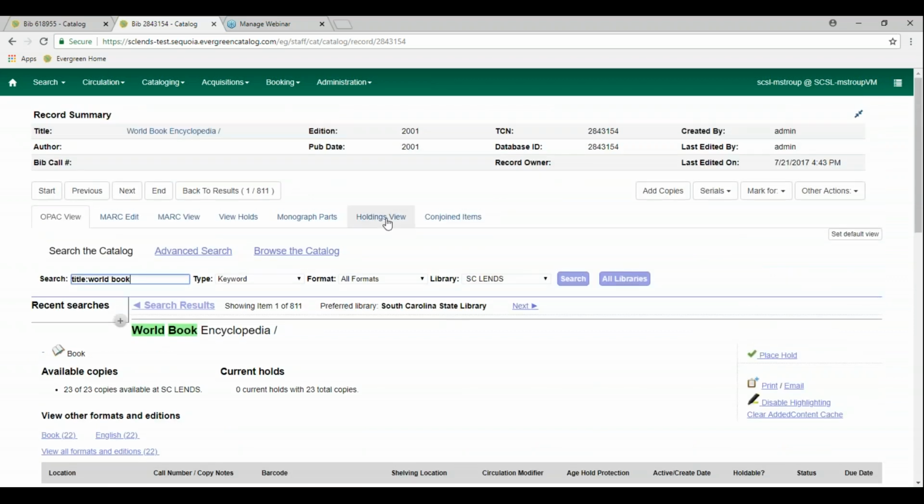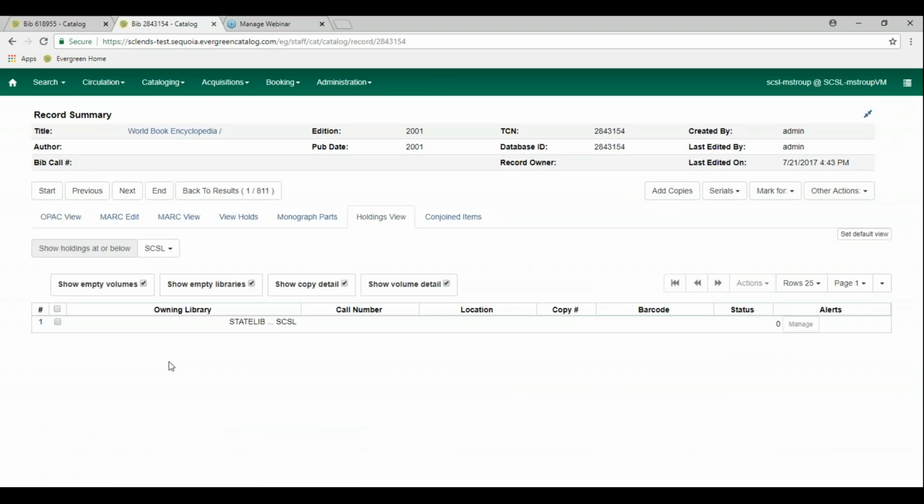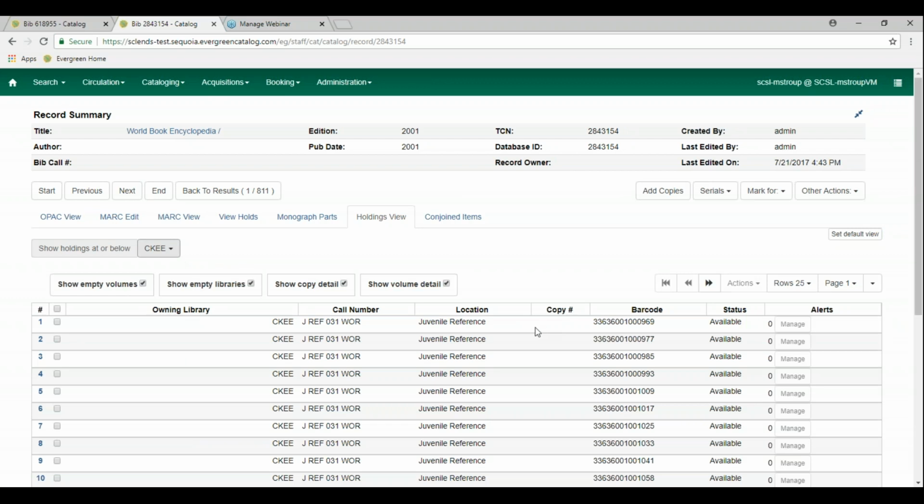So if we wanted to go to Holdings View, I am at State Library, so I'm going to go to Cherokee. There are too many counties that begin with C. Okay. Trying to see how this is done in this record. If you wanted to add copies,